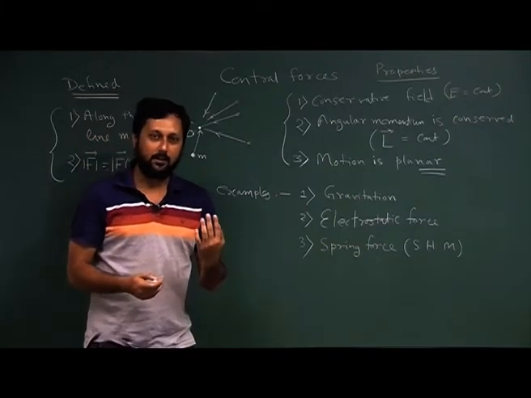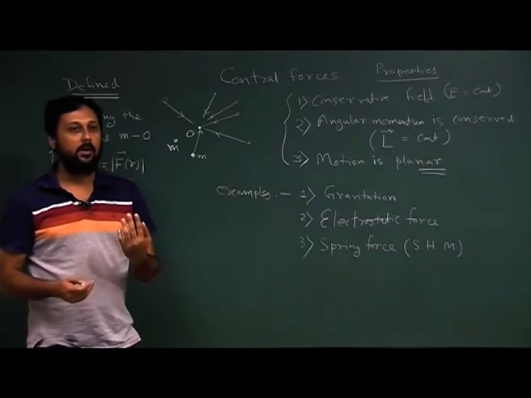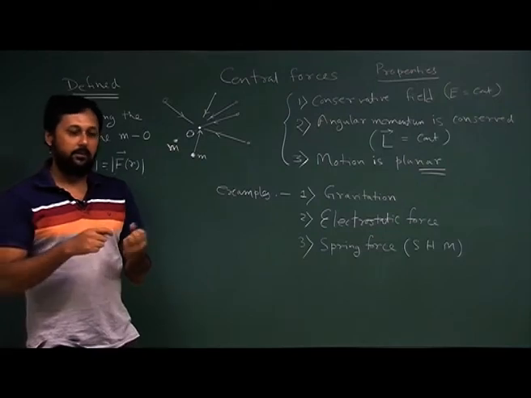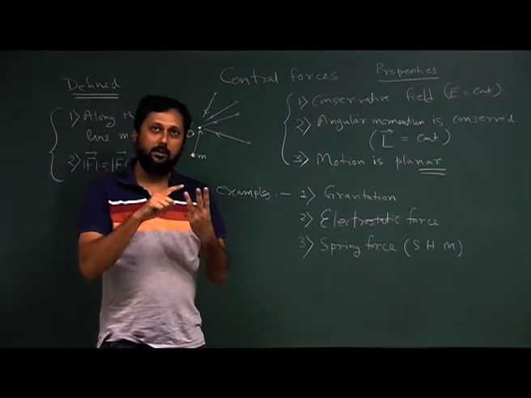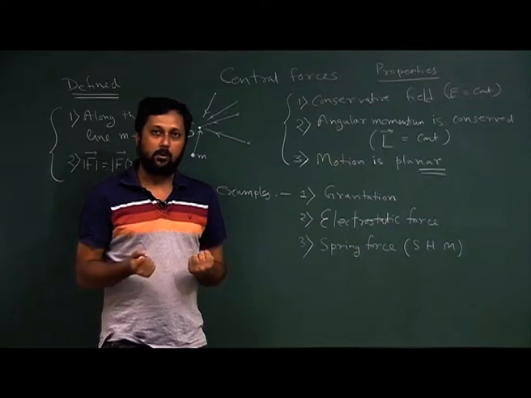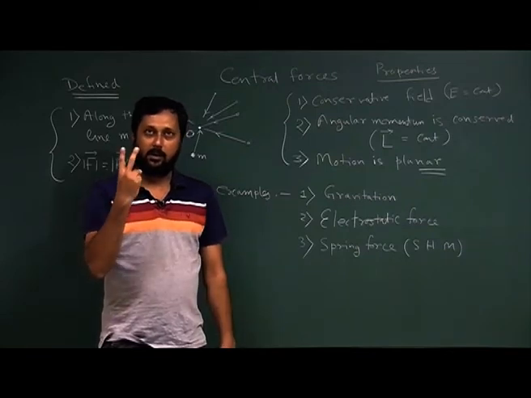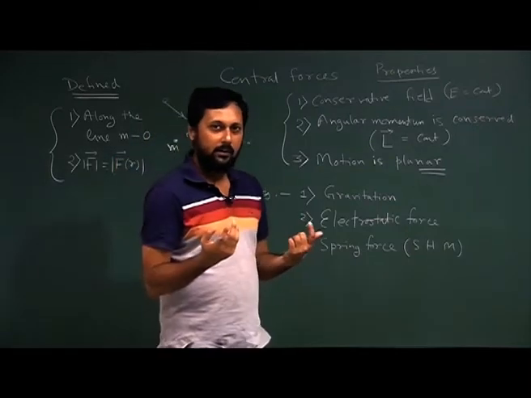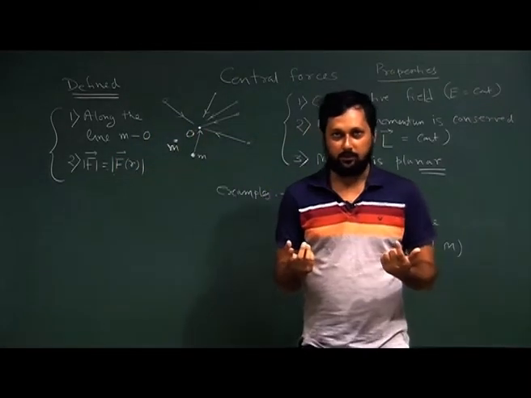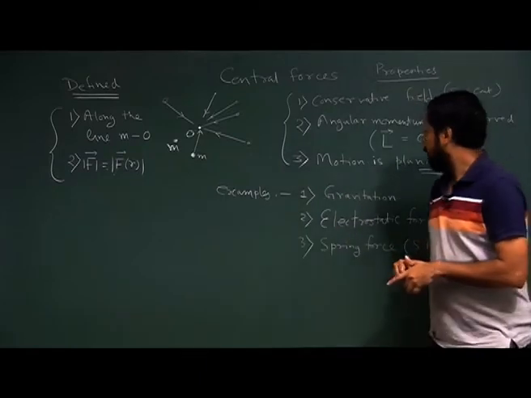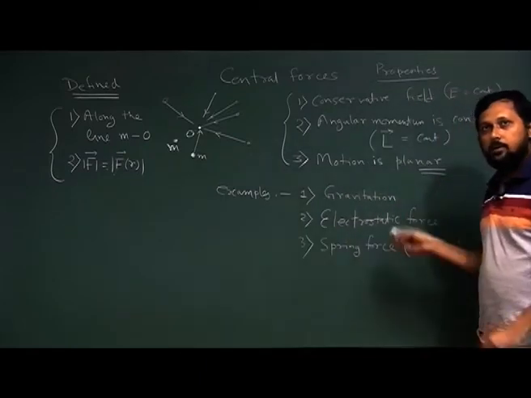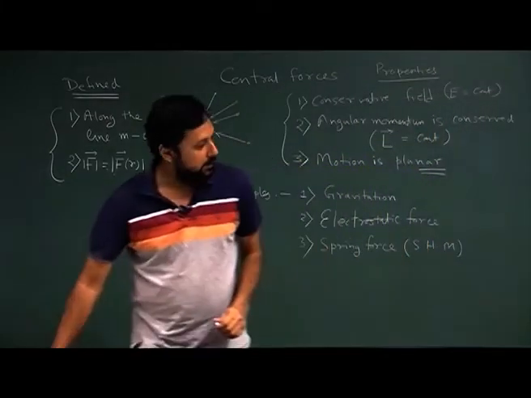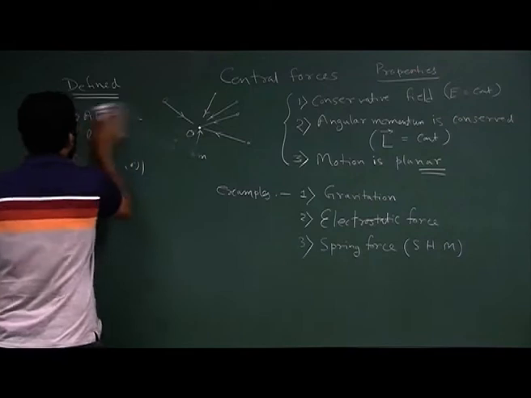In Cartesian or spherical polar coordinate systems, we deal with 3 parameters. If it is Cartesian, then we have x, y and z. If it is spherical polar, then we have r, theta and phi. But because the motion is planar, we can bring it down to a 2 coordinate system and just work with plane polar